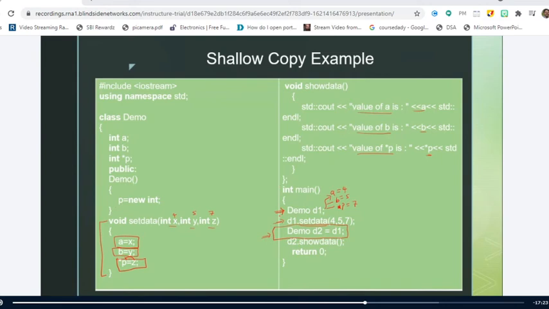We are not creating a copy constructor object; we are calling the copy constructor, right? Here I am creating an object d2 of type class demo, and I am assigning the value of d1. So we are assigning two objects. The values of d1 are copied to d2. That means here it will invoke the copy constructor.